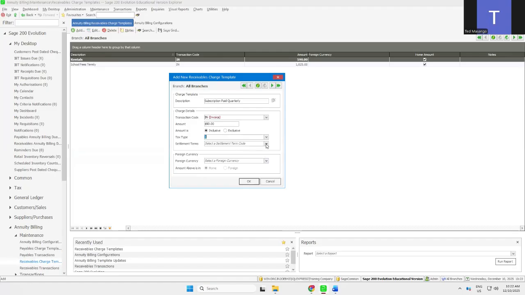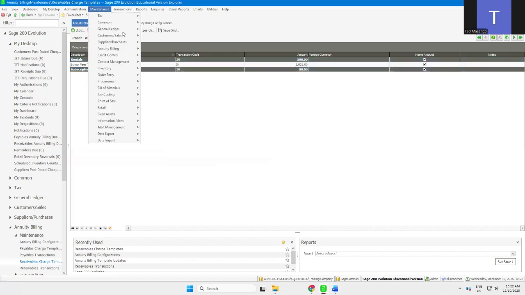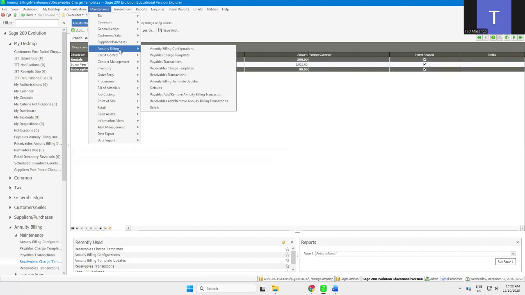If there are settlement terms, I could select that, but I'm not going to put settlement terms. Then if this subscription was in a foreign currency, I would select the foreign currency here, but it's not, it's in my home currency, so I'm just leaving it as it is. Then I click on OK. I'm done there. Then I go back again, say annuity billing. I've done annuity billing configuration, I've done receivables charge templates. Then I have to do